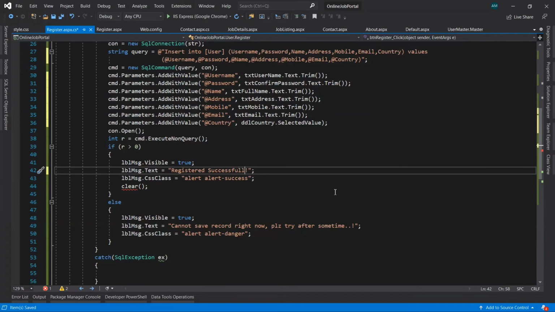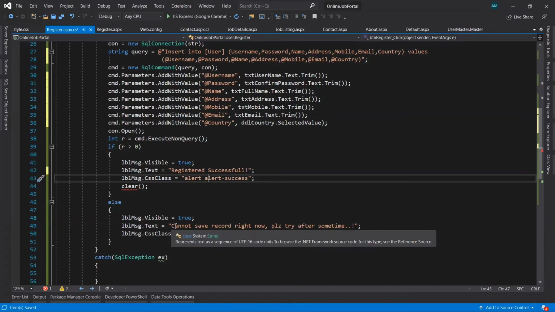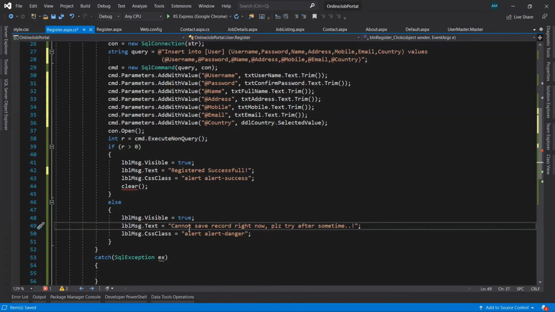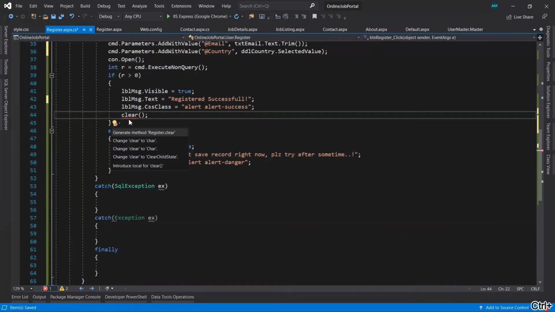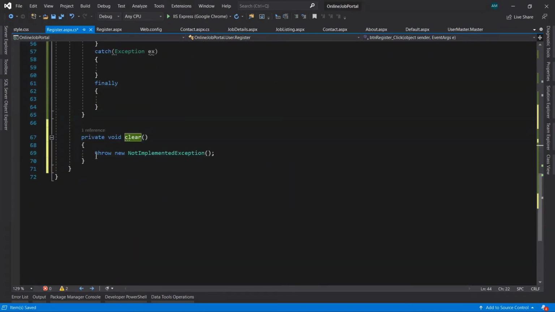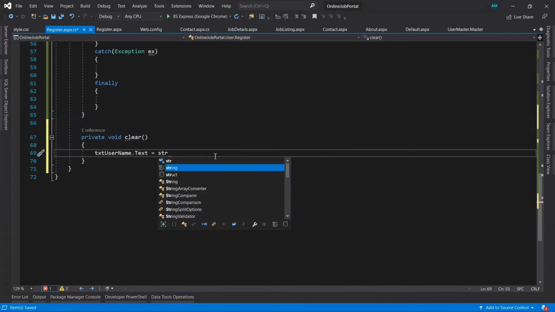Then we'll create this method. txtUsername.Text equals string.Empty.